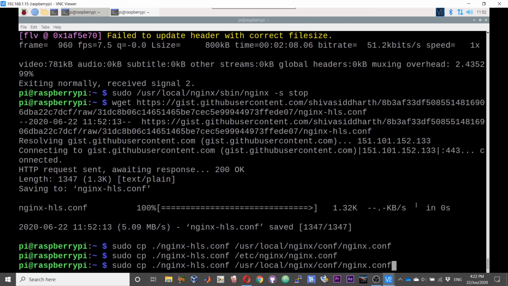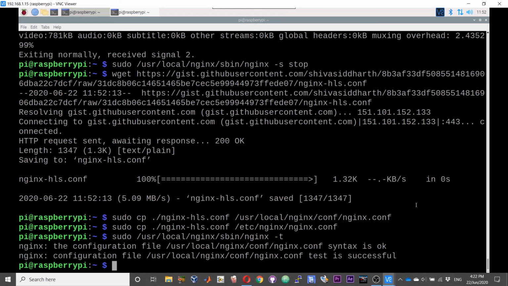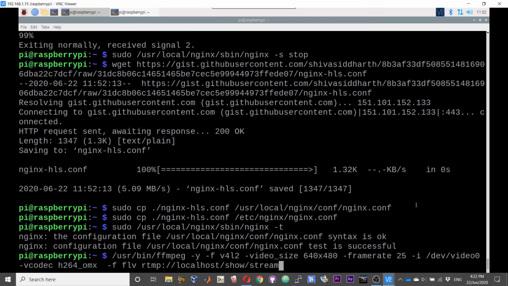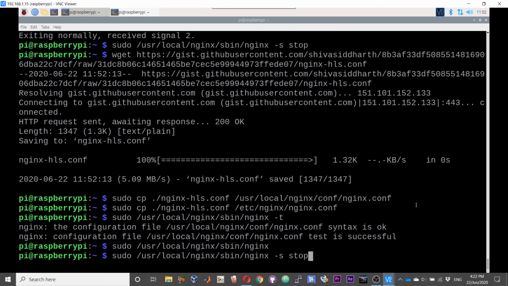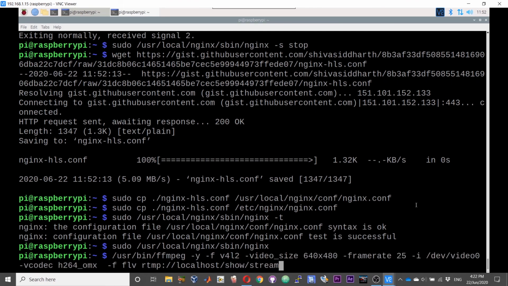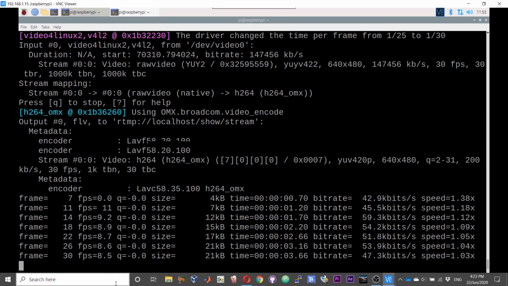Again, we can check the validity of the configuration file using the nginx -t command. The test is successful, and now we can start the Nginx. And now we will add the webcam stream to the RTMP sink. So the streaming service has started.